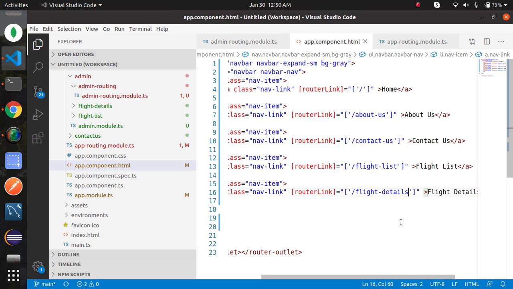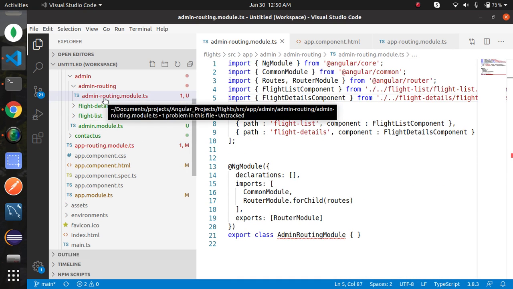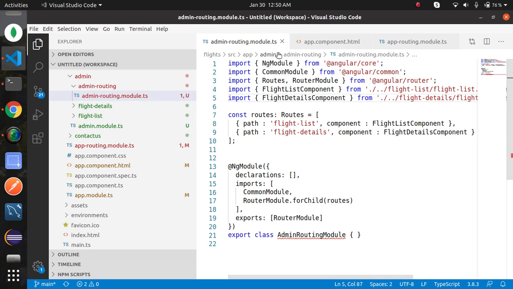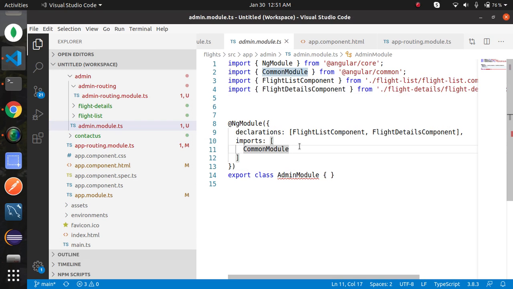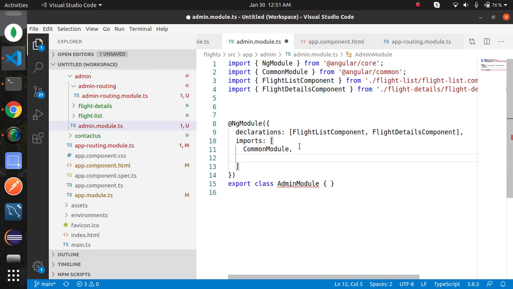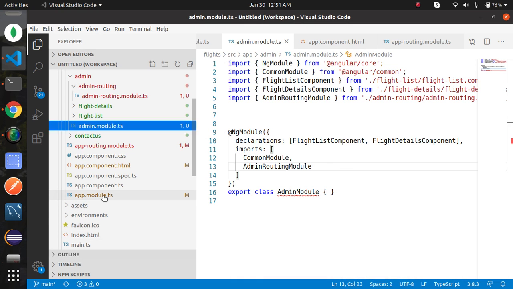Flight details. Now as we have added these two component routes into the admin routing module, we need to import the admin routing module file in the admin module, in this file basically. So just import the admin routing file into the admin module, that is the feature module, and then we need to import the admin module, that is the feature file, into the parent module, that is app.module.ts, this file basically.